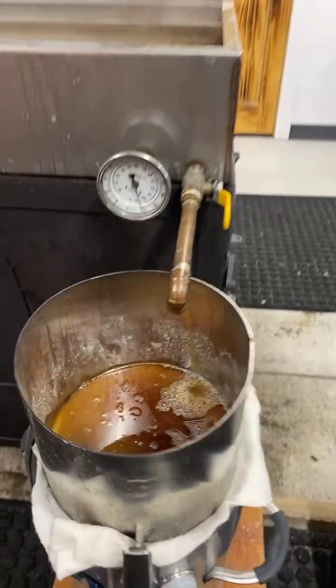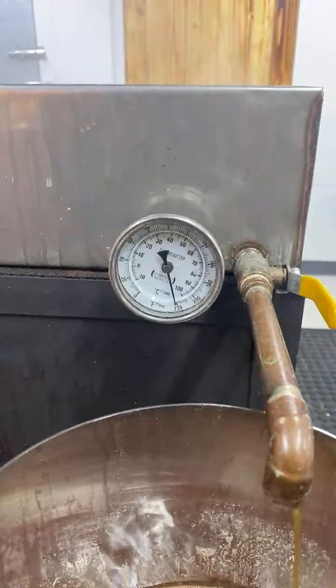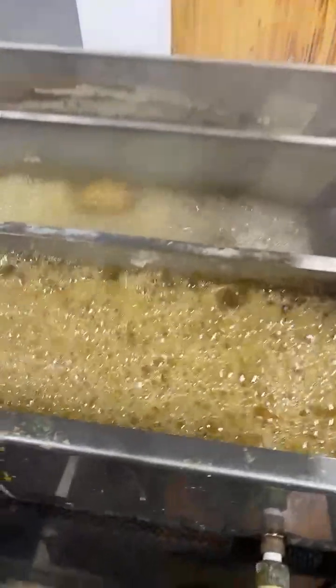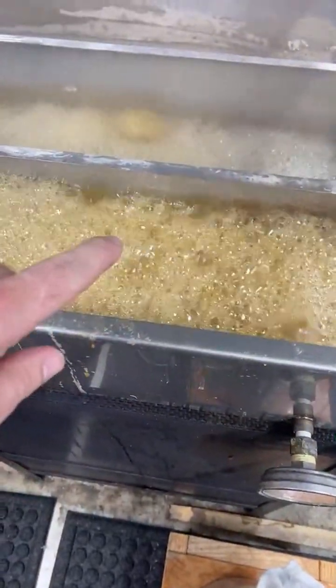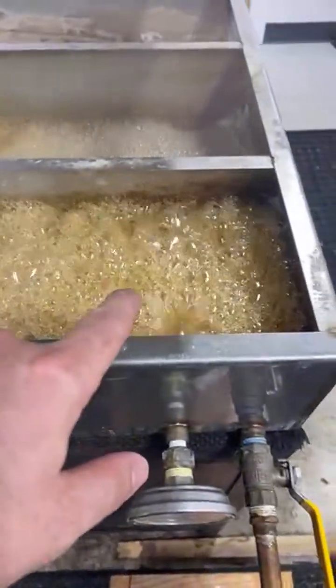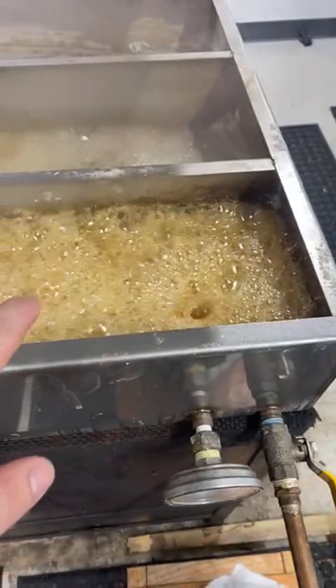So when it is this high of sugar content, you can see the thermometer there. We're at about 222 right now. So we're definitely past syrup here. You can see the difference, how this is hanging onto the bubbles longer. It's a lot stringier and stickier because it's the higher sugar content